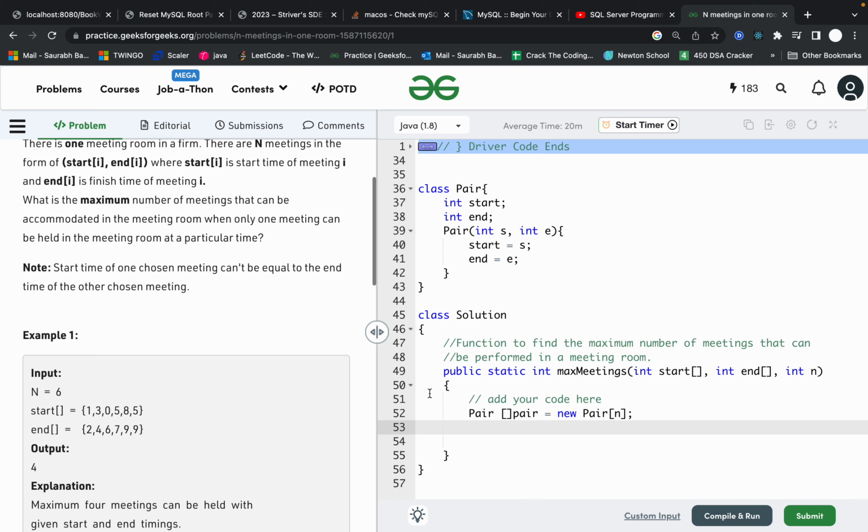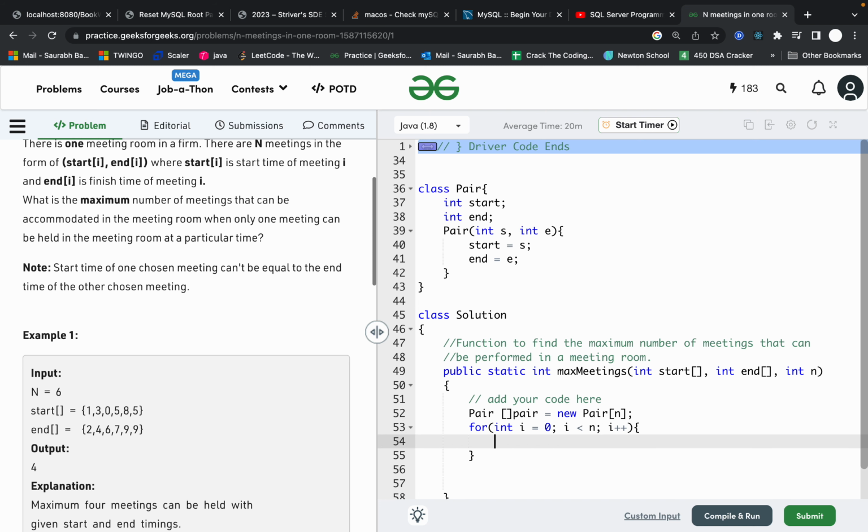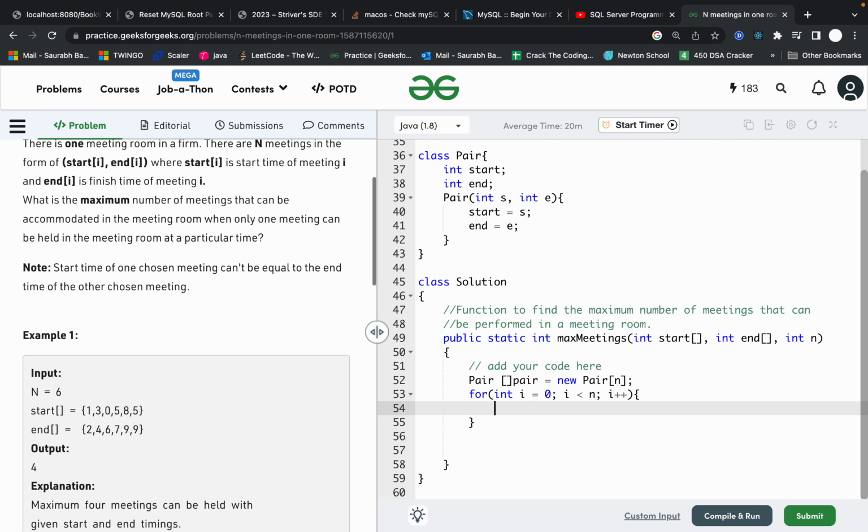Now for int i equals 0, i less than n, i plus plus, I will put pair of i dot start equal to start of i, and pair of i dot end equals end of i.